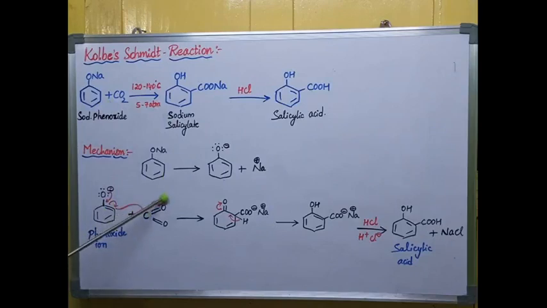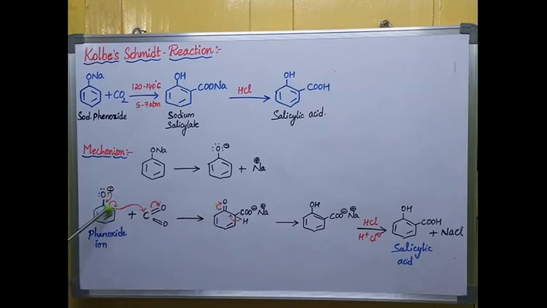If I shift this bond towards oxygen, oxygen gets negative charge, carbon gets positive charge. So here I am shifting this bond to this side. Okay, then I am shifting this bond so this carbon gets the negative charge. Okay, so this carbon gets positive charge. In order to satisfy the positive charge, oxygen donates electrons and forms a double bond here.